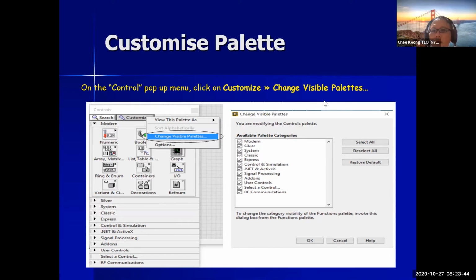Can you all see it? Can you all do this step? Yes or no? Can. Now, next, after this,